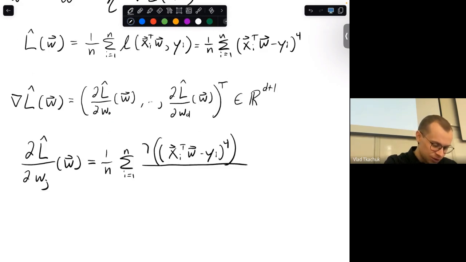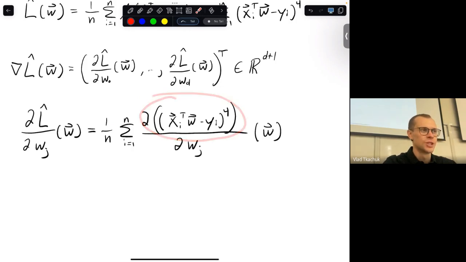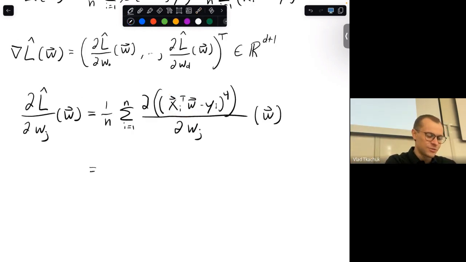This thing is a partial derivative symbol. And this thing is the partial derivative, and then it's the partial derivative with respect to Wj. Okay? And this thing will be a function of W. So you write this, and then all that's left is to take this derivative with respect to Wj. And if you write this thing out as a sum or explicitly expand it, I leave that as an exercise for you to explicitly write it out, but what you will find